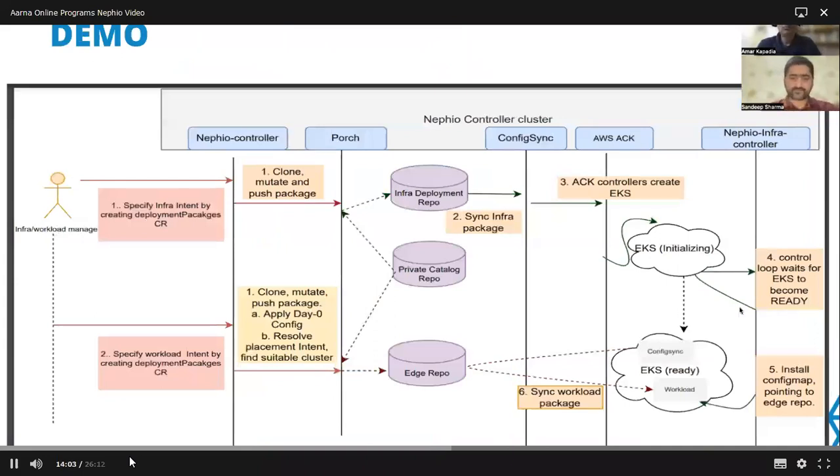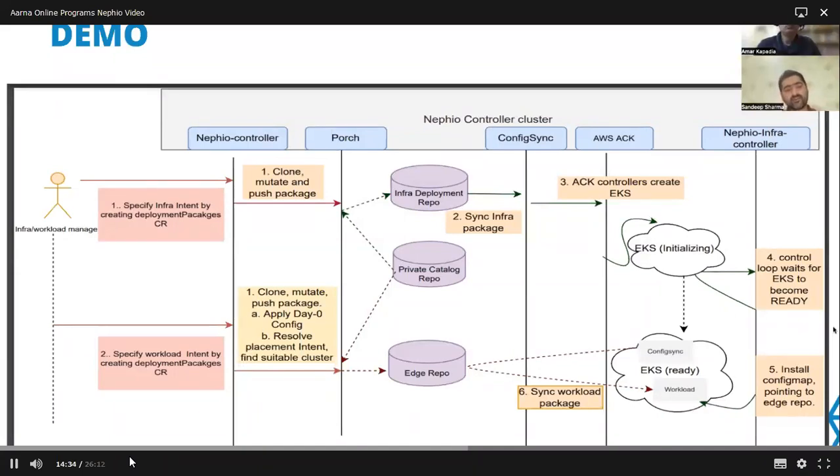So this slide basically shows the end-to-end demo. As I described, the pink boxes on the leftmost of the screen. The user starts with specifying the infrastructure orchestration intent. And that is specified via a custom resource, which is called the deployment package custom resource. This custom resource is then reconciled by the Nephio controller.